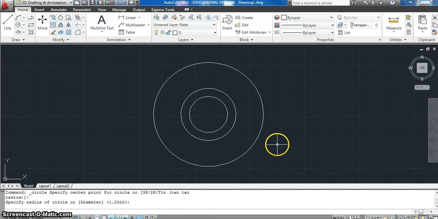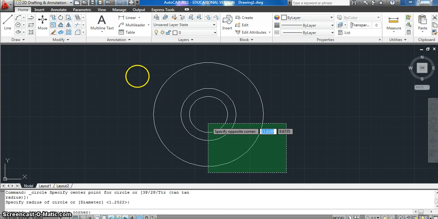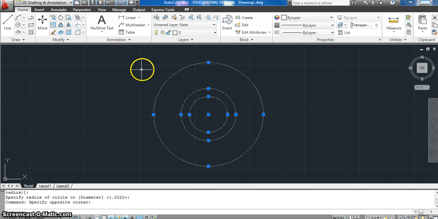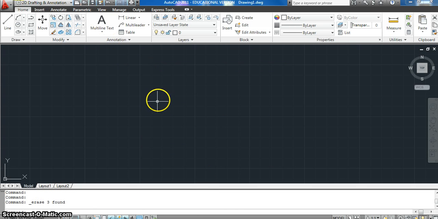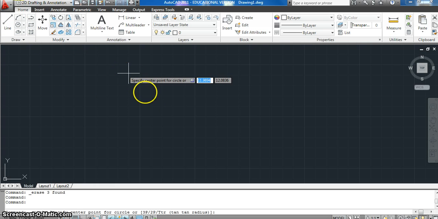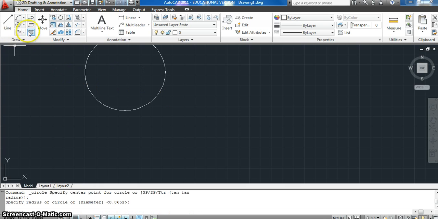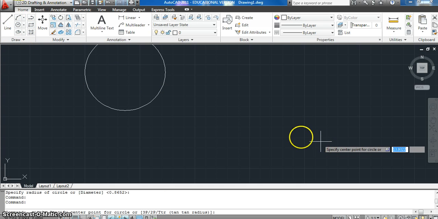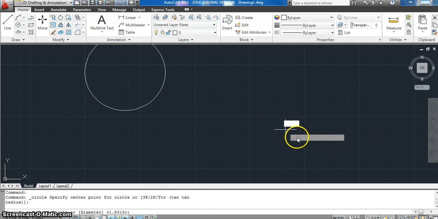Now I've come around before and we've done some things on board, and when we've done them on board, I've guessed a lot, and I say that's close enough. Well, in AutoCAD, I'm never going to guess. I'm going to have you draw something like such. I'm just going to have you draw like a box, and I'm going to draw another box, a circle. I'm going to draw another circle down here,